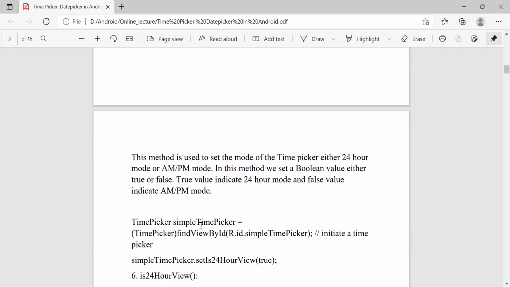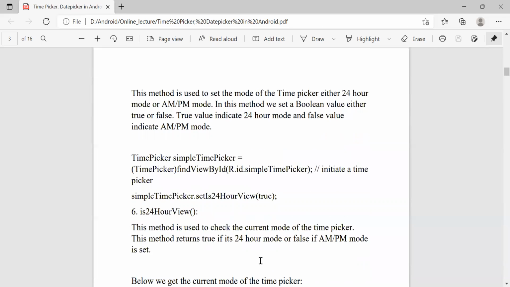So here we create an object, simple time picker, and assign the resource ID value to it by using the findViewById method, R.id.simpleTimePicker. Then simpleTimePicker, this is the object, and we call setIs24HourView with true. Whenever we pass a true value, it will display in a 24-hour mode, and if it is false, then it shows AM PM mode.